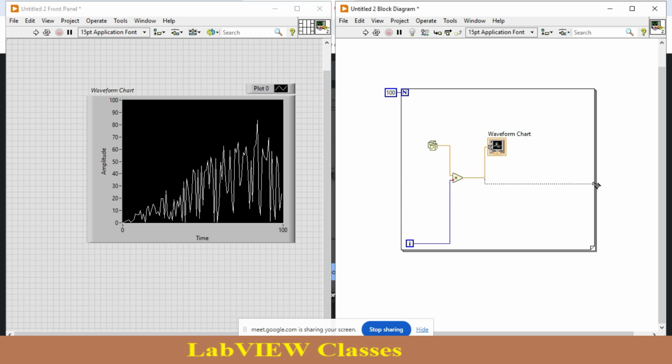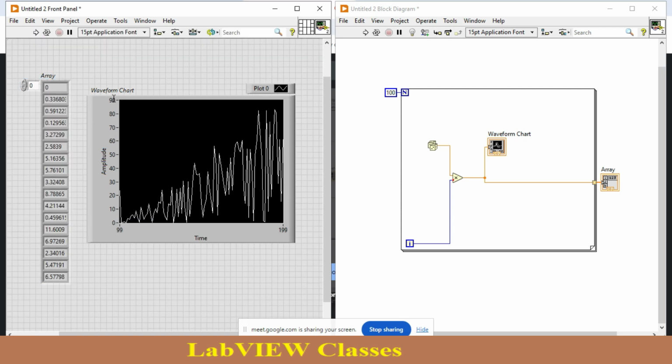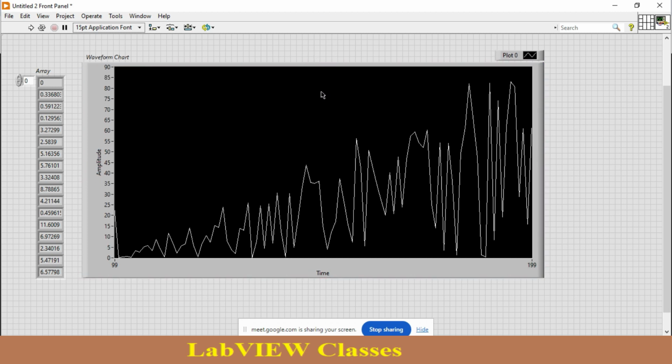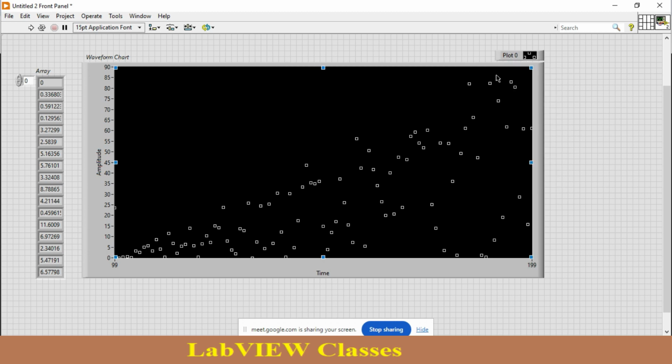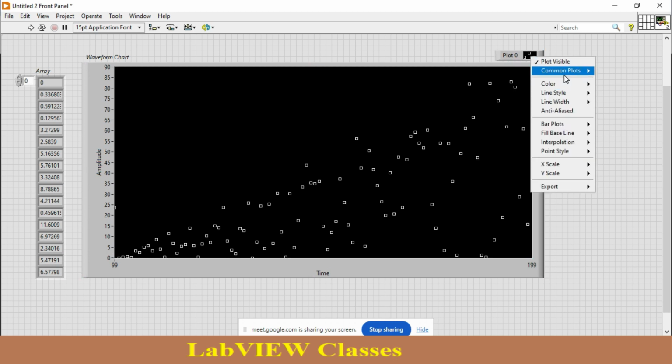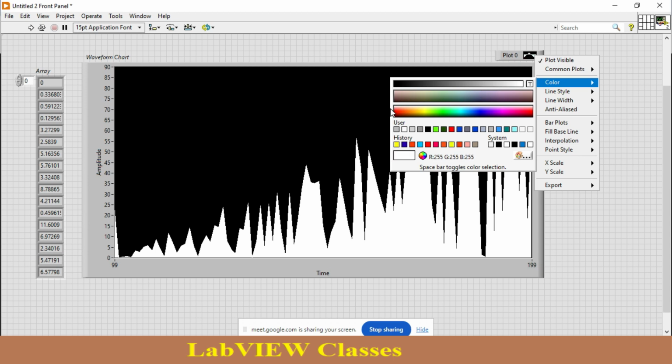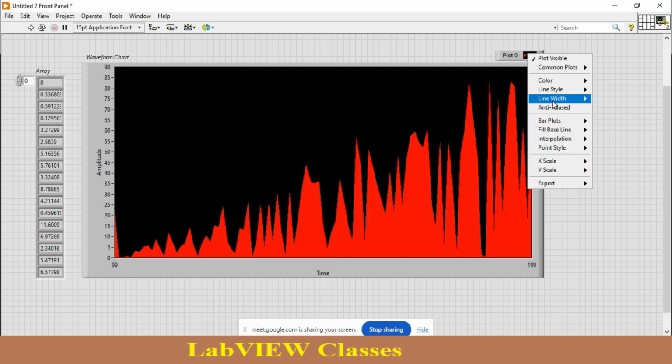And if you want to check what values are there, just go with this function, create an array, and again hit the run button. As you see, over here the values are there. So right now if you want to change the properties, the data is available with you, and you want to improvise your data. For example, your display properties, if you want to put your data like this, or like this, just go with this. And if you want to change the color, or change the width,